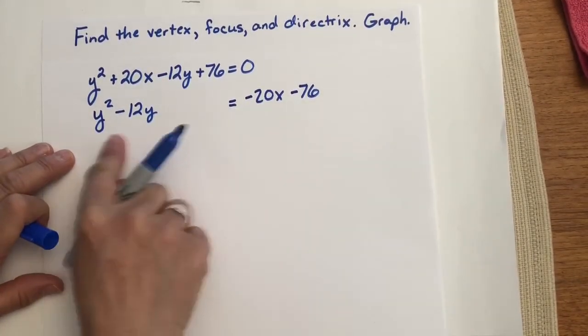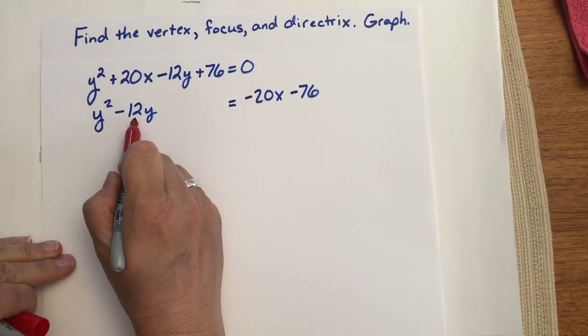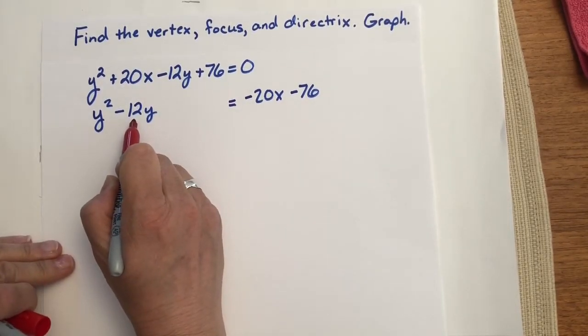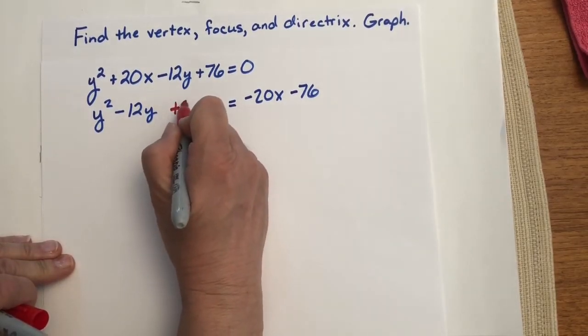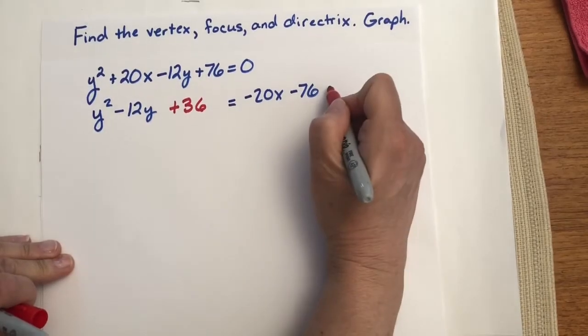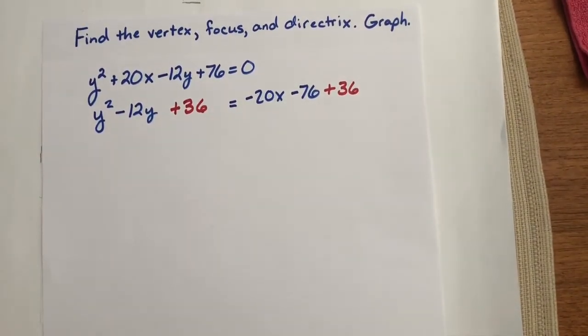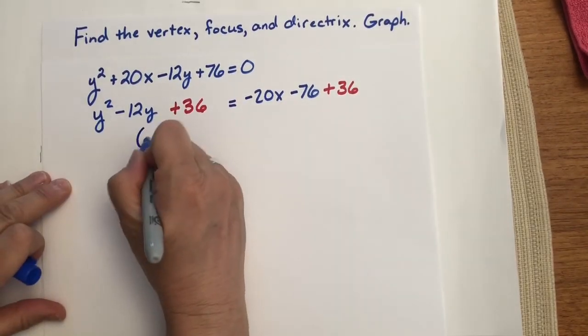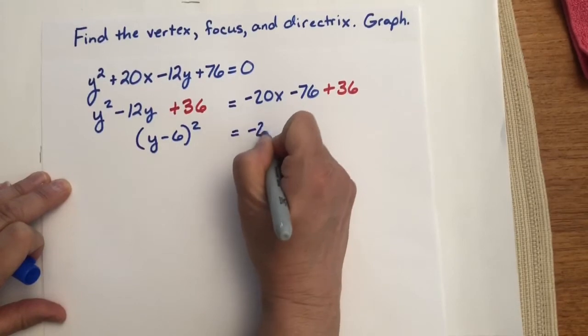Now, in order to build a perfect square here, remember we take half of this number and square it. So half of -12 is -6. -6 squared is positive 36. So I add a 36 here. And of course, that means I add a 36 over here as well. So I have y minus 6 squared equals -20,